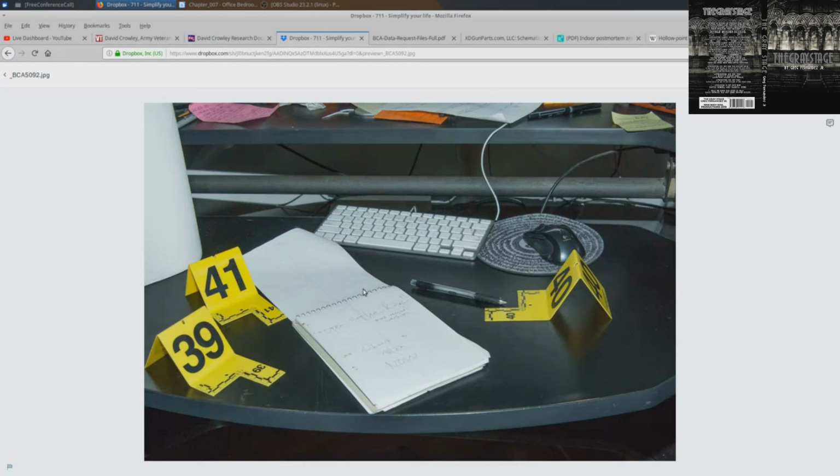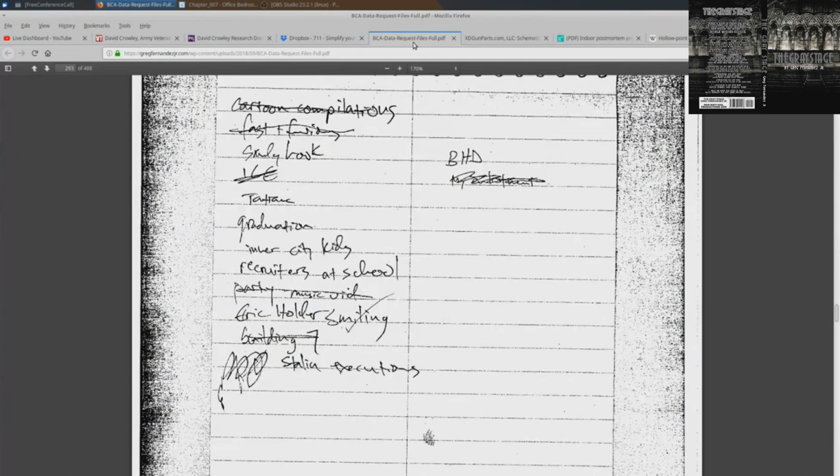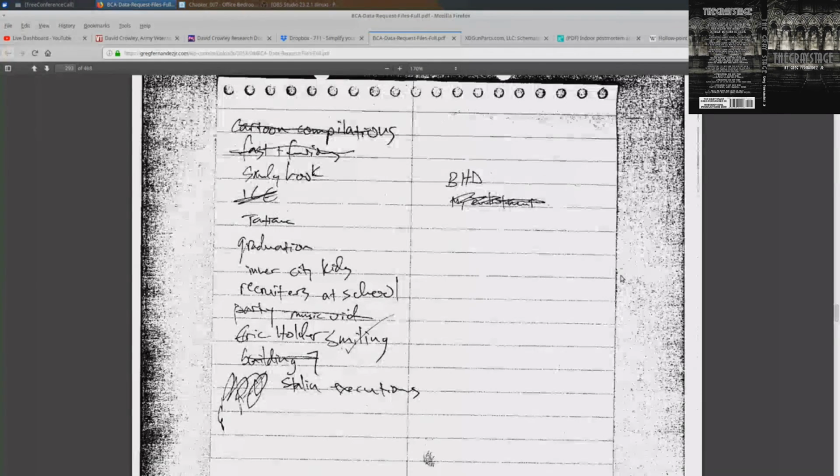And that was the other thing. Well, he takes the time to make sure that the pen is closed, but doesn't take the time to fully fold this notepad. Because what's on the page before this notepad, I thought, is the same that's on page 293. I'm not sure. I think it is, but I'm not 100% sure. Now, what's on page 293 is some of the most important things that have stuck out to a lot of people ever since we first saw this page here.